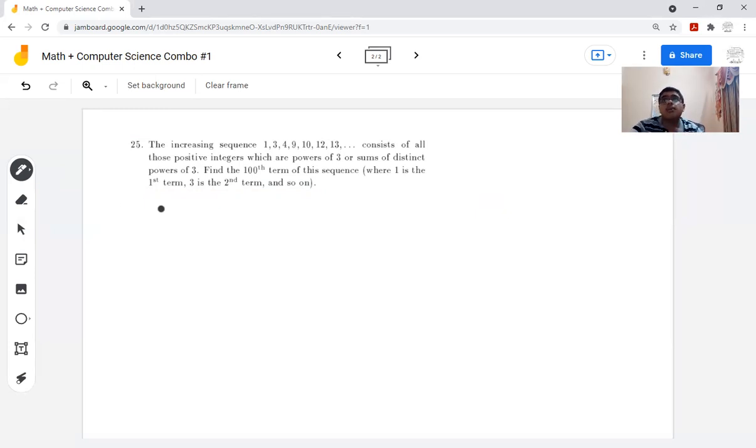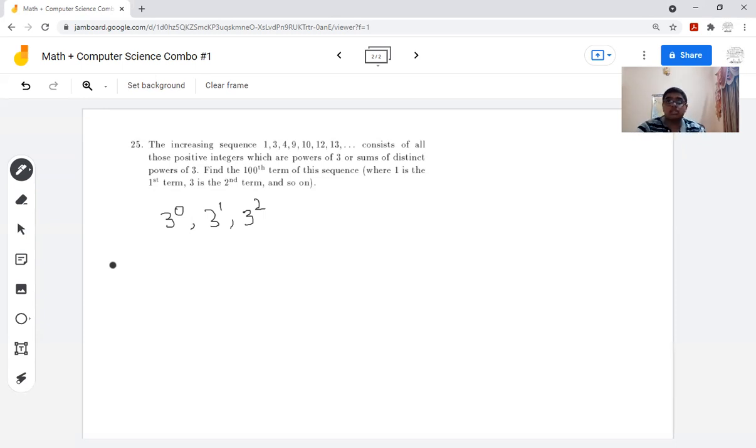So let us say you have certain numbers like 3 power 0, 3 power 1, 3 power 2. Let us restrict ourselves to this much as of now. So how many numbers? I ask myself a question. Sometimes we solve problems like that. Ask yourselves questions. So the question I'm asking to myself is that how many numbers can I make using these three numbers such that they are powers of 3 or they're sums of powers of 3.